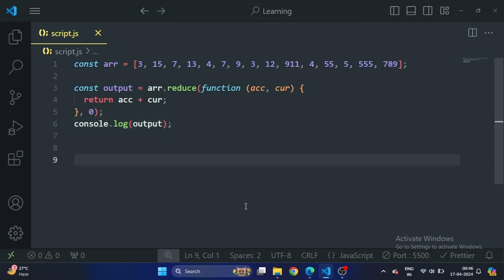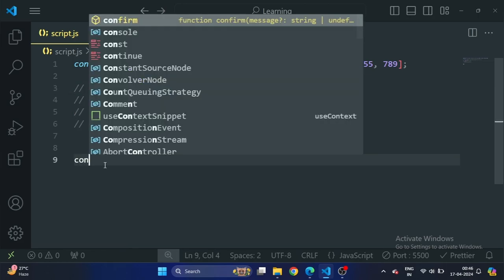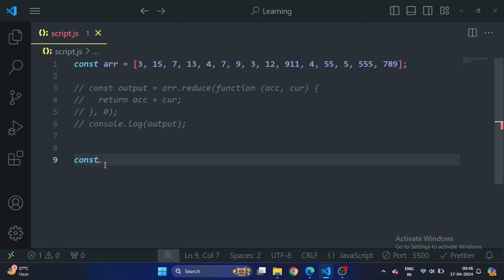Let's use another example to illustrate how the reduce method works. To do this, let's comment this function and make another function, and we are going to make a function to find out the largest value in this array.